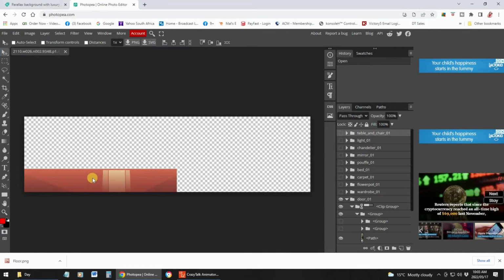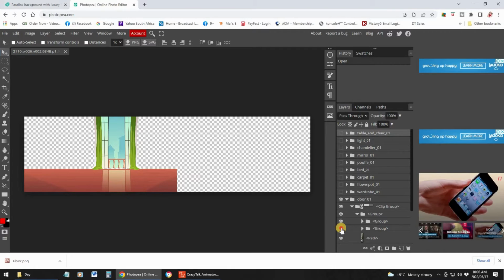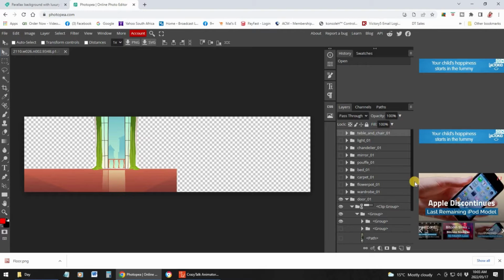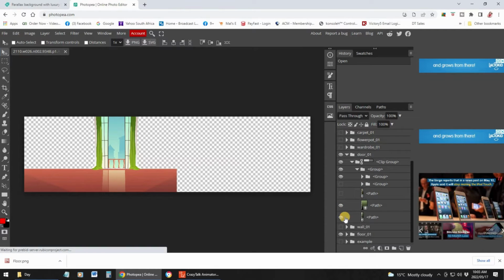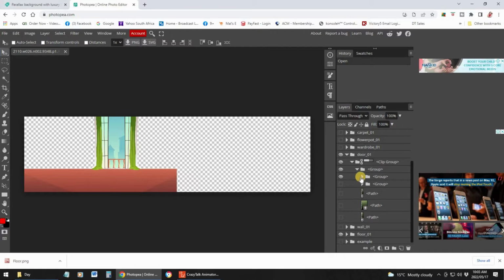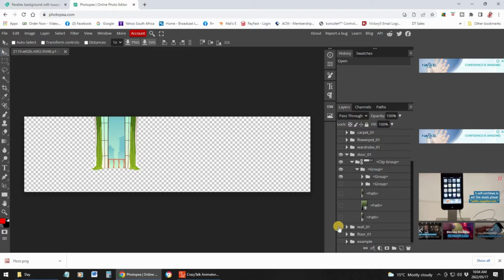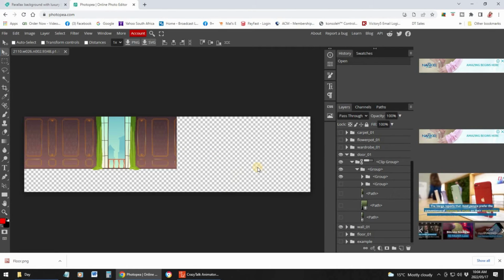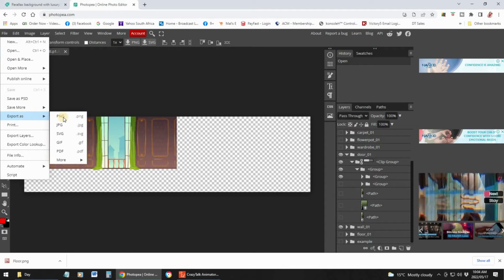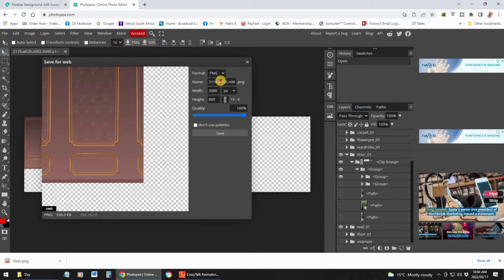Okay, so now this reflection we can actually hide it. Okay, so let's see, yeah, it's that, and that. And now we can hide the floor, but that door and the wall we want as one. Okay, so let's export that. So file, export as PNG, and let's say